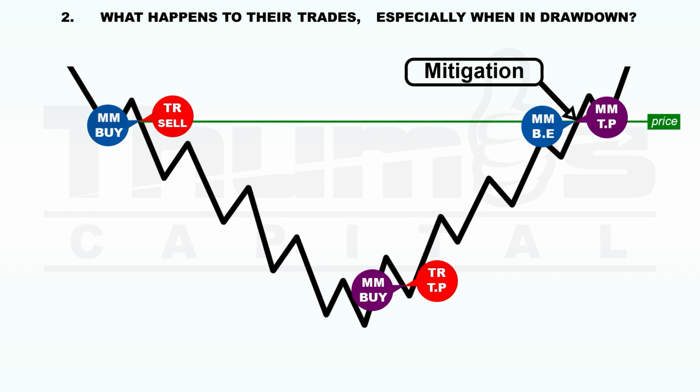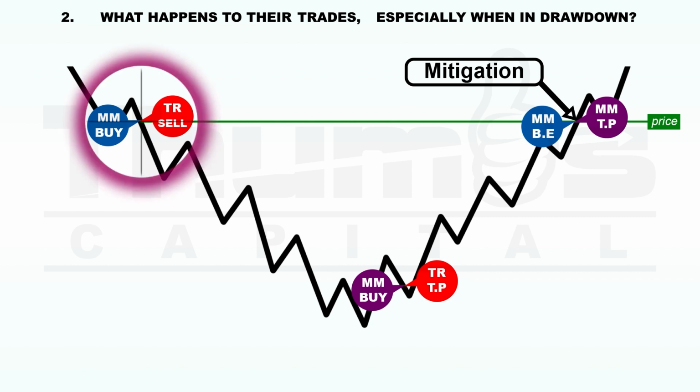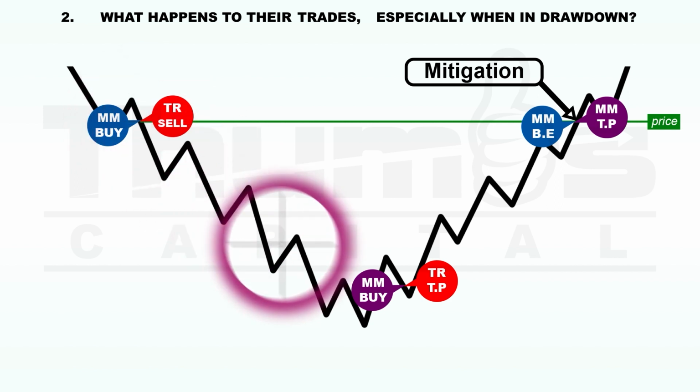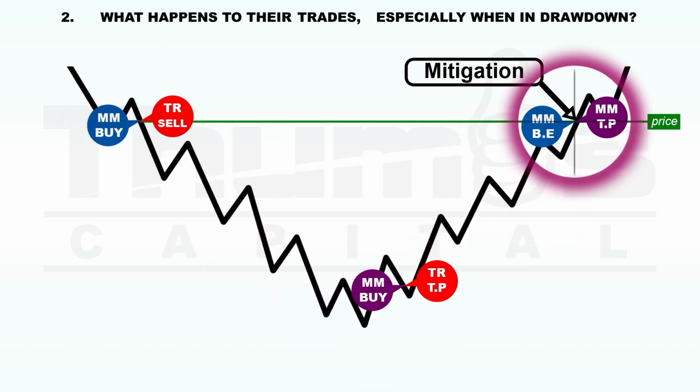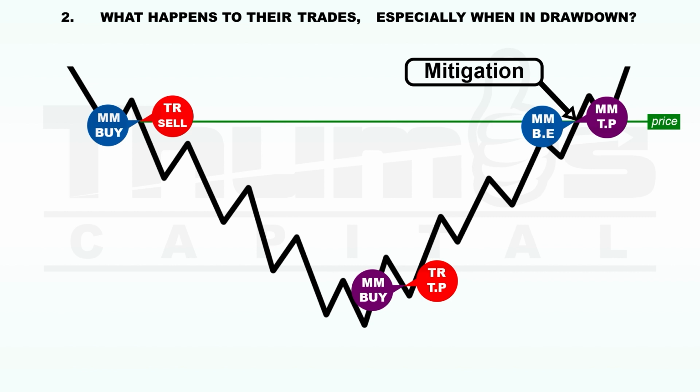With access to institutional data feed and the analytical softwares that we use, we are able to track market makers' positions from the open of a contract to the end. This helps us to determine when the market maker is holding a trade in drawdown, meaning the opposing trader is in profit. These situations only mean that the market maker will need price back at the opening price of the order so that they are able to mitigate their position after the opposing trader takes profit. The opening price in this scenario is what we mark and report as institutional price magnet.